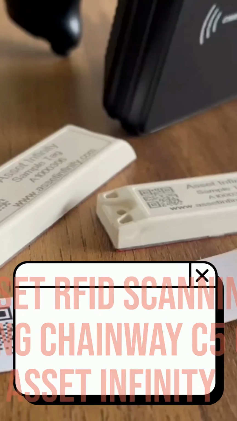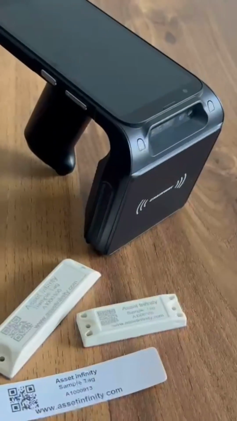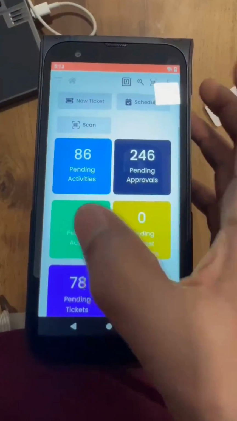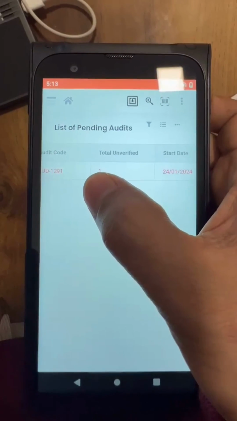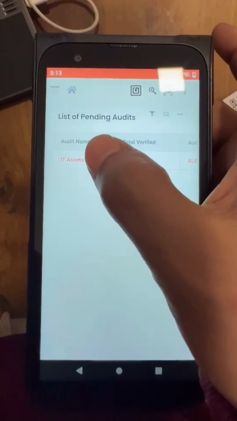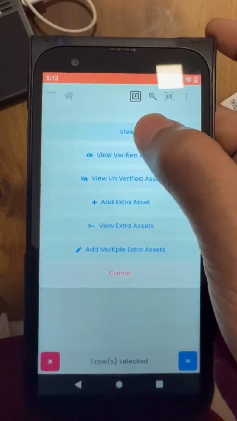Today, we'll show you how to scan Asset RFID tags using Chainway C5. From the C5's mobile application, we'll navigate to the Pending Audits tab to see the list of open asset audits. We'll select the audit from the list and move forward to viewing the asset audit details where the list of